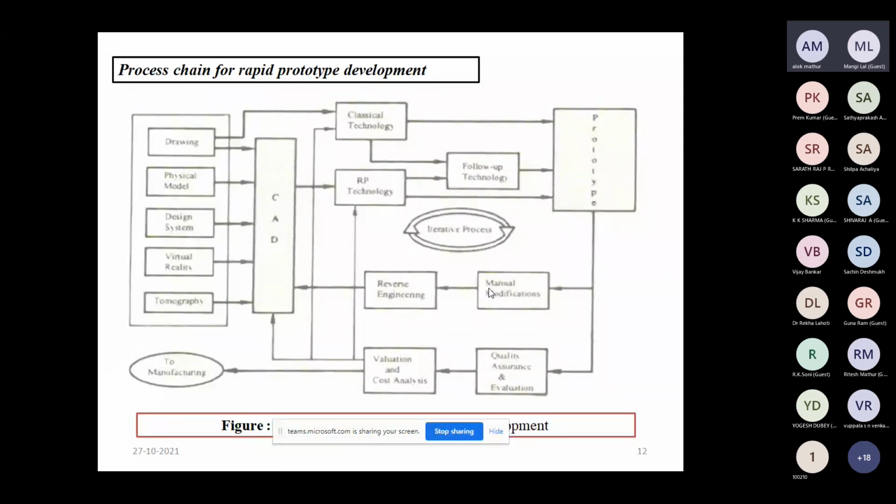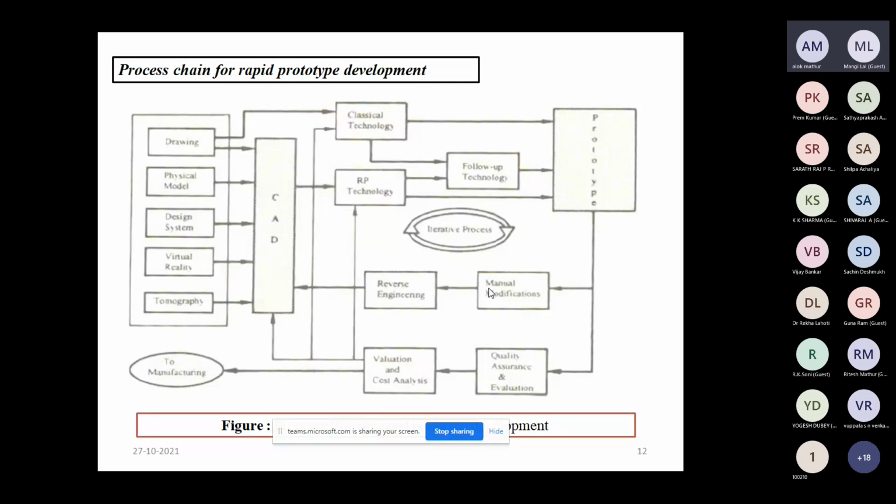So this is the classical technology of generating the rapid prototype. But other than a drawing, if we have the physical model of the final product, we can use it as input to the CAD model, or we have some imagination of the designer or virtual reality, or we have some tomography, the scanning technique of that model. So these are basically the methods to input into the CAD.